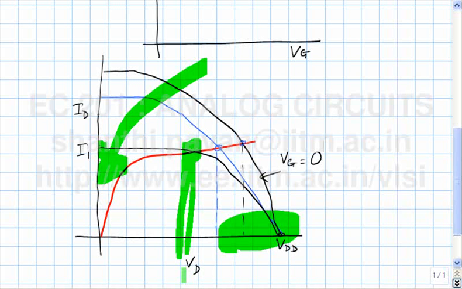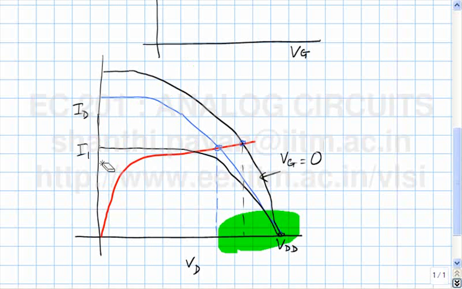It will be roughly equal to, it will be roughly in the middle. You understand? Does it make sense? Okay, so as I go on increasing Vg, the curves that I need to plot will have larger and larger regions in saturation. So eventually I will always come up with some particular value of Vg where both the transistors are in saturation,